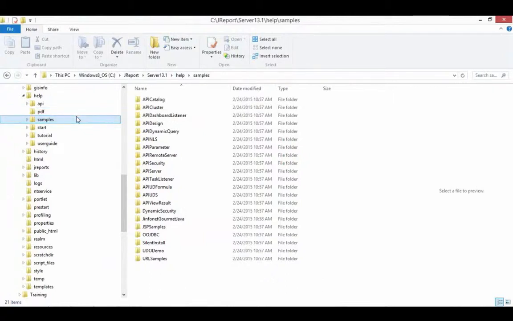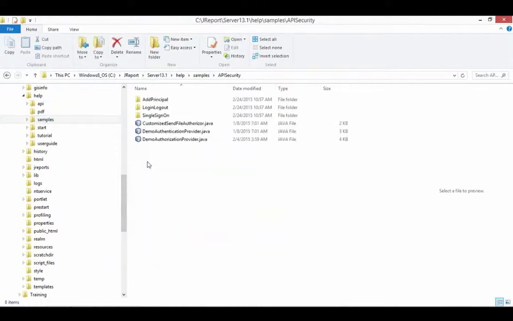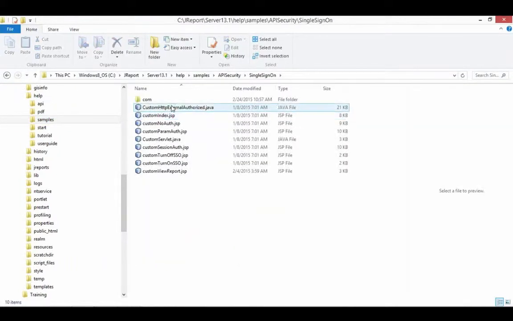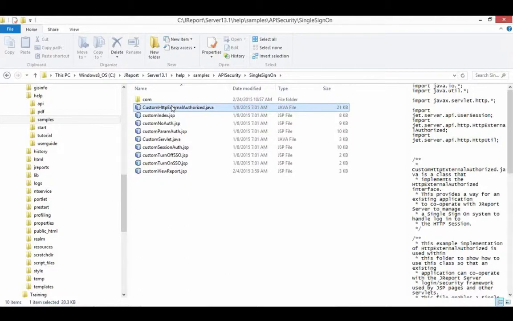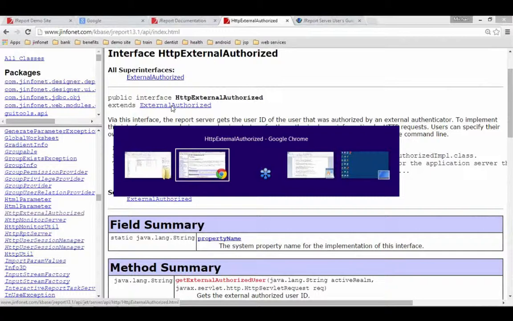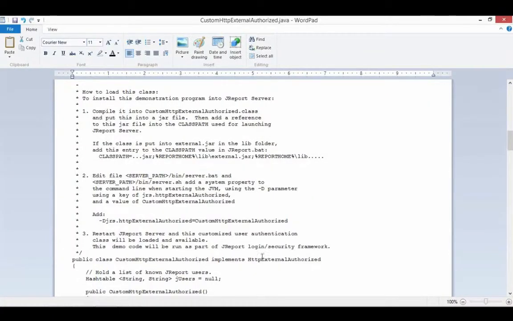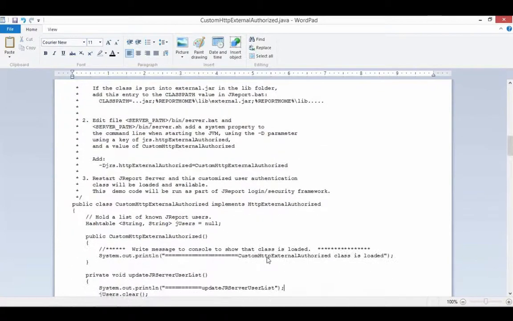For the example that I showed logging into the application using single sign-on, we have some code samples available for you. So if you just navigate to the API security folder, single sign-on folder, you'll see a file, custom HTTP external authorized.java. So this code sample will assist you in determining how to use your existing backend with the Java APIs, the JReport APIs, and using the single sign-on. All of the sample code is heavily documented to assist you in this endeavor. So we see here that that interface called HTTP external authorized also calls that method